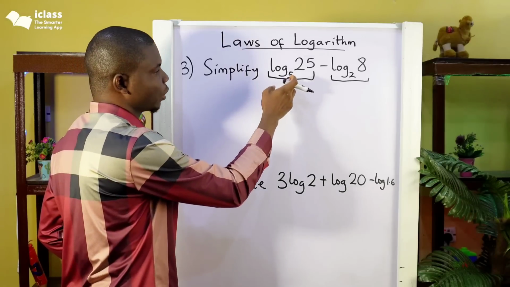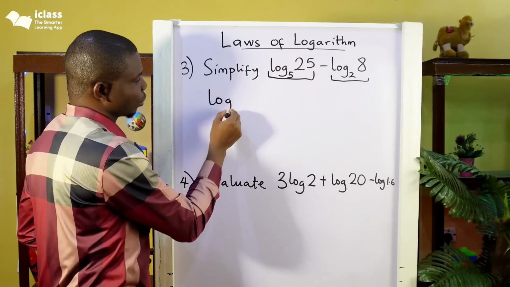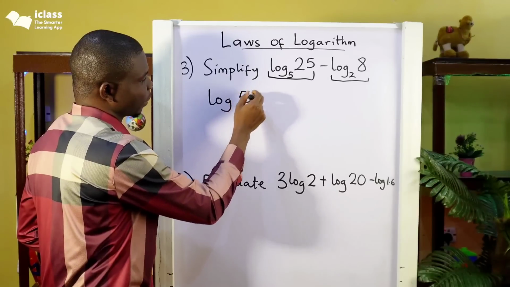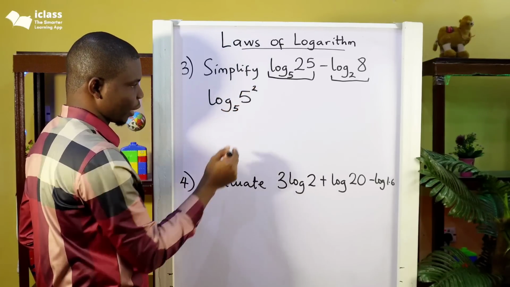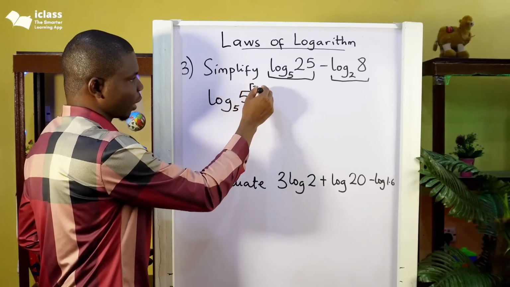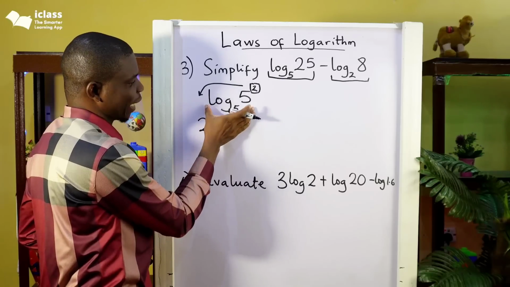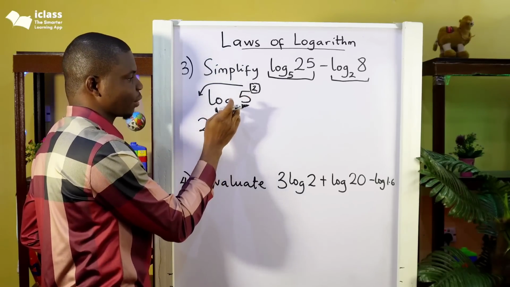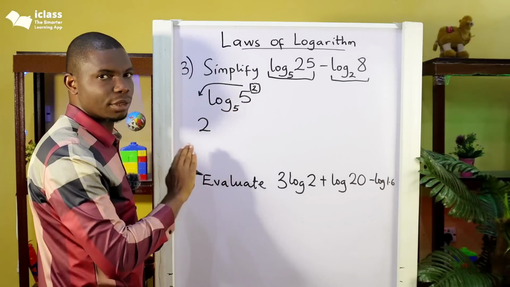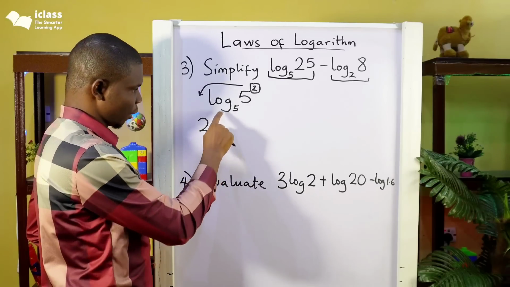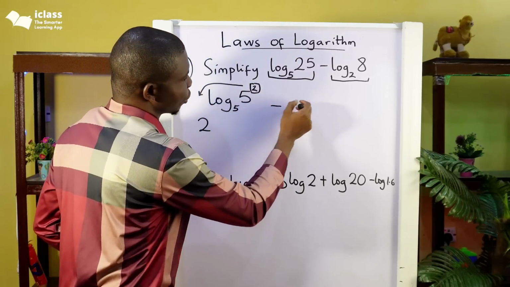You're asking what power you are going to raise 5 to get 25. I can write 25 as 5 to the power 2, then this is base 5. When you take this power to this side, then you have 2 times log 5 base 5, which is 1. When the argument and the base are the same, it is equal to 1. So 2 times 1 is still 2, then minus